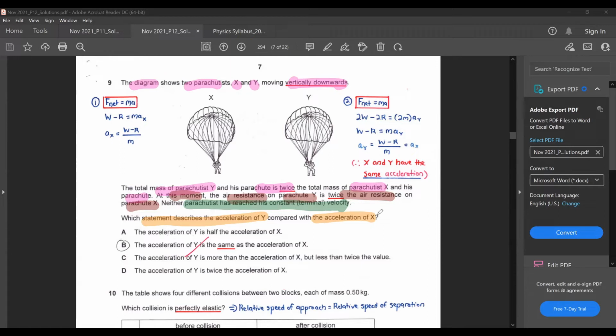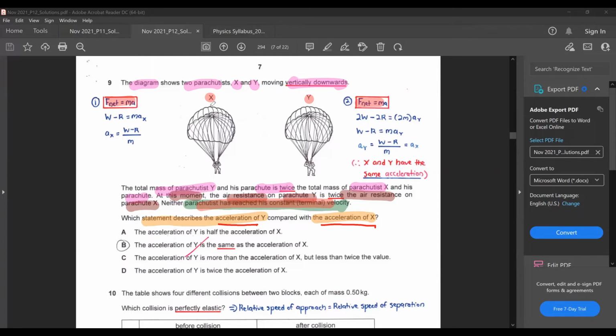Based on what we have here, they want you to find the acceleration of Y compared to the acceleration of X. In our case, we just want to apply F net equals ma for X and Y. We know that there's acceleration here because the question mentioned that neither of them has reached terminal velocity, so they're not moving with constant velocity yet. They're still moving with an acceleration. So if you apply F net equals ma